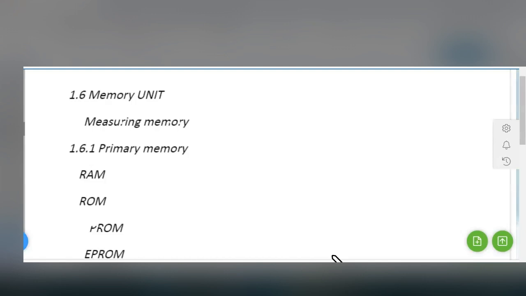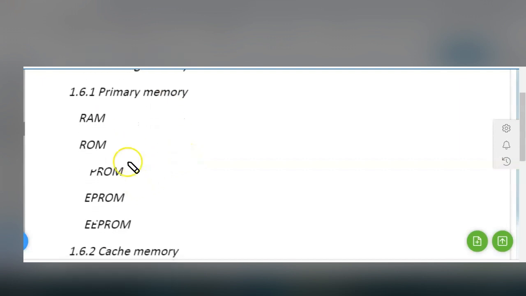In this video, we will be covering the portions of the memory unit. The subtopic is measuring memory. The next topic is primary memory. Inside that, you get to see RAM and ROM, and then again the classification of ROMs. Under this ROM topic, you can see PROM, EPROM, and